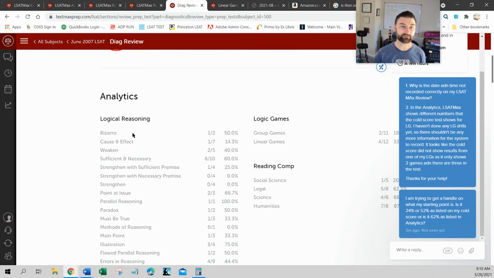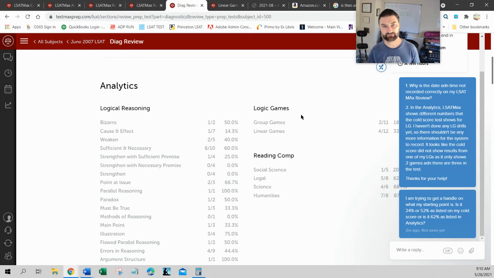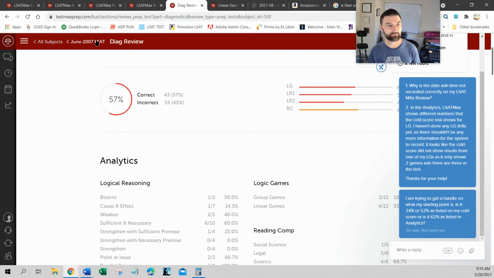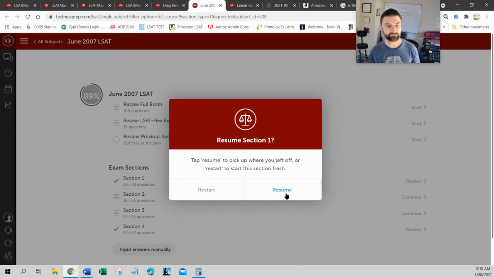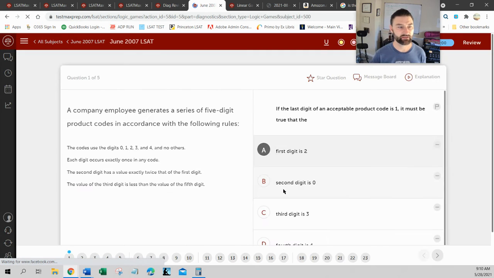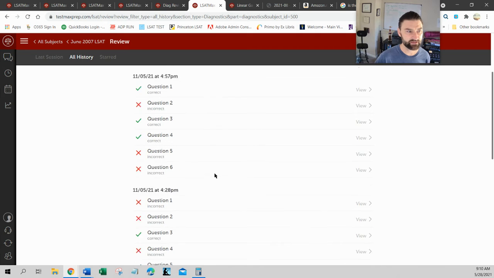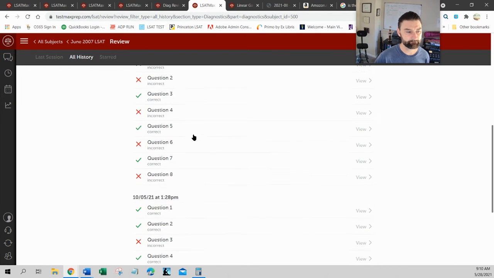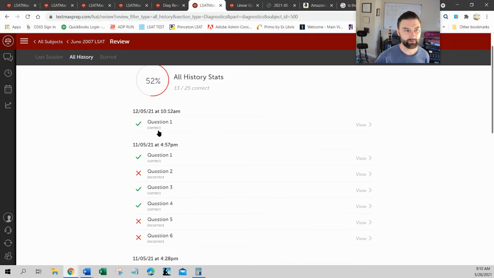Now, I'm having a little trouble with this because I'm not sure that this page is accurate. This shows two types of games, but if you actually look at the test that I took, section one was the logic games, and if you reviewed just the test itself, there were three sections. Maybe I'm incorrect about that, but I'm also asking why the dates are wrong here.